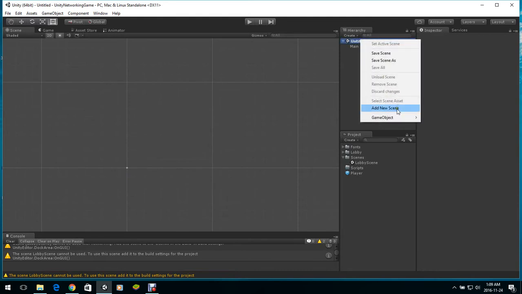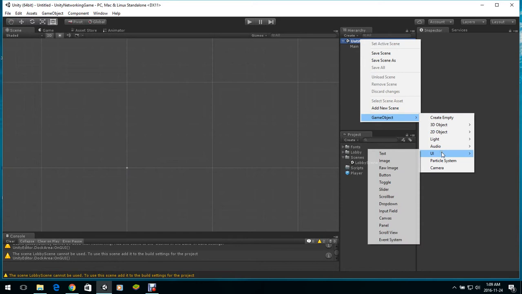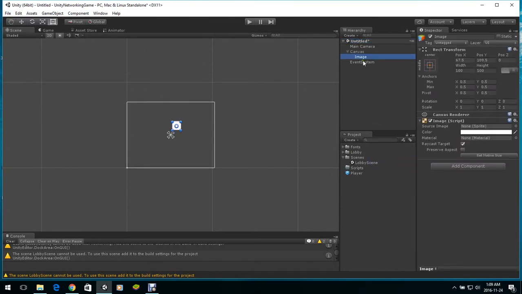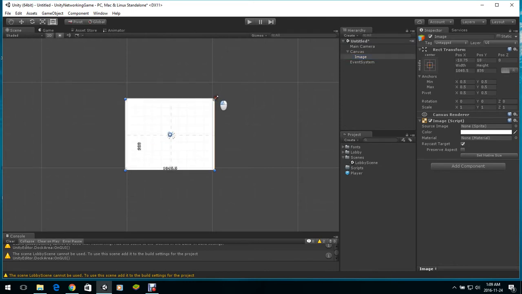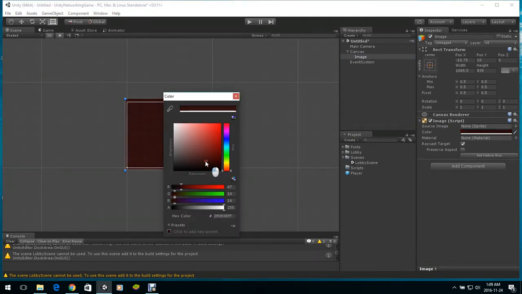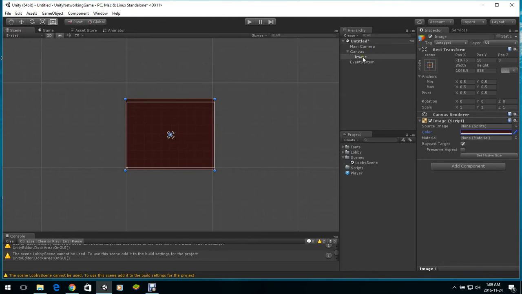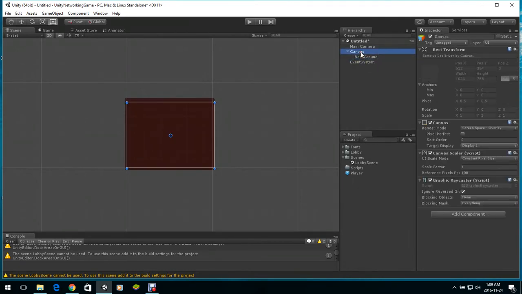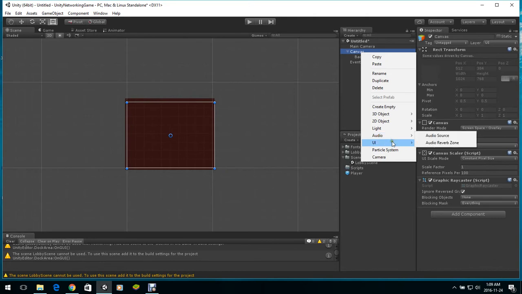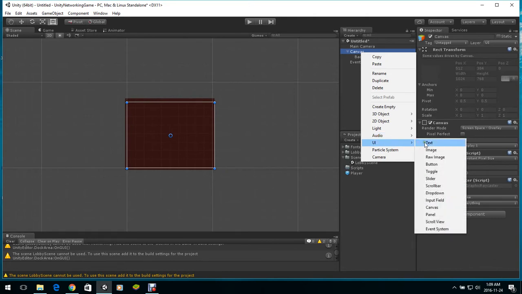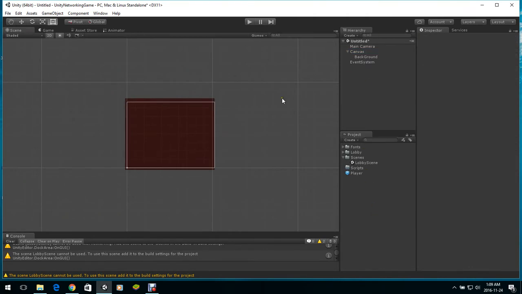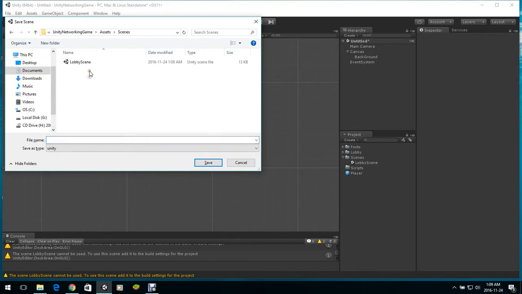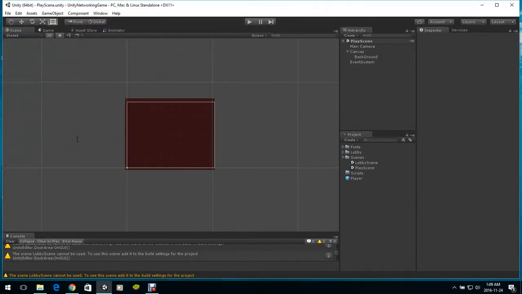And in that scene, let's create a simple UI, and let's create an image, and let's drag this image to use as a background. And now let's call it background. And the next thing which we'll do is we'll save that scene, and we'll call it play scene. Alright,